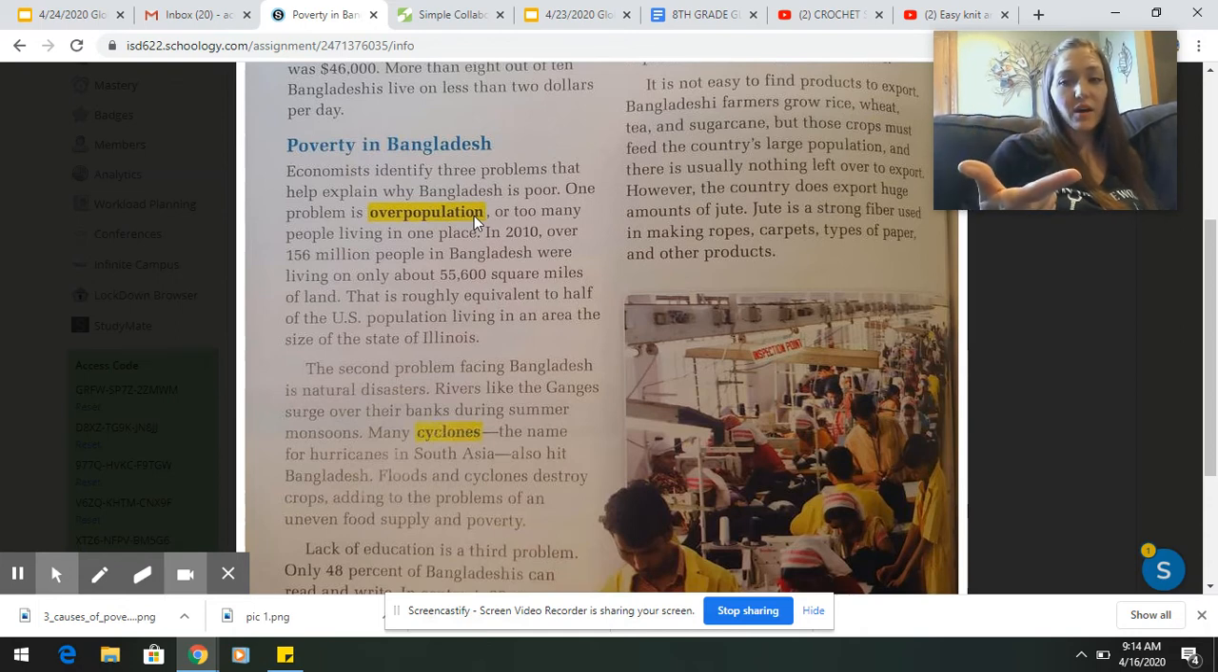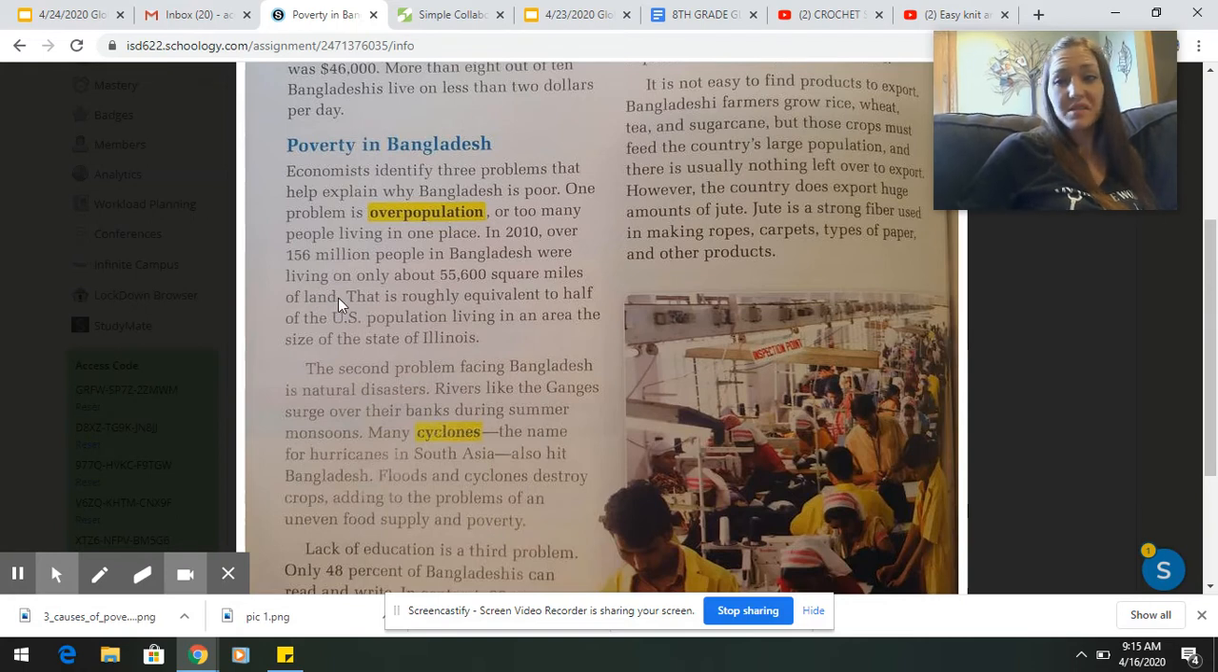We need to find a fact or a piece of data that backs it up. For that fact or that data, we're looking for an explanation of how serious that problem is. So we're looking for numbers that show, wow, overpopulation is a huge problem in Bangladesh. So we'll keep on reading, keep an eye out for facts or numbers that explain how big of a problem overpopulation actually is. In 2010, over 156 million people in Bangladesh were living on only about 55,600 square miles of